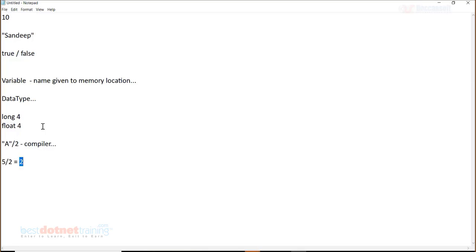We are not supposed to get a floating type. So the result of this is 2 and not 2.5. In other words, can I say the runtime is going to decide the value of an expression based on the data type of the operands involved in the expression? 5 and 2 here are the operands, and of course this is the operator. So 5 and 2 both being of type integer, the result is of type integer. Who said this? Runtime said this.